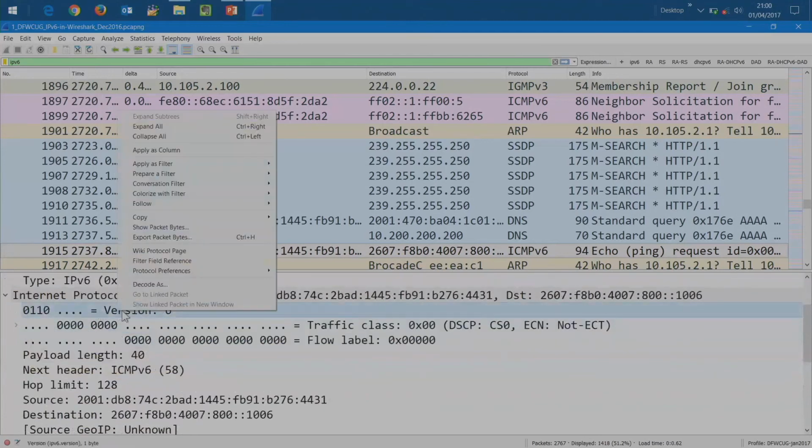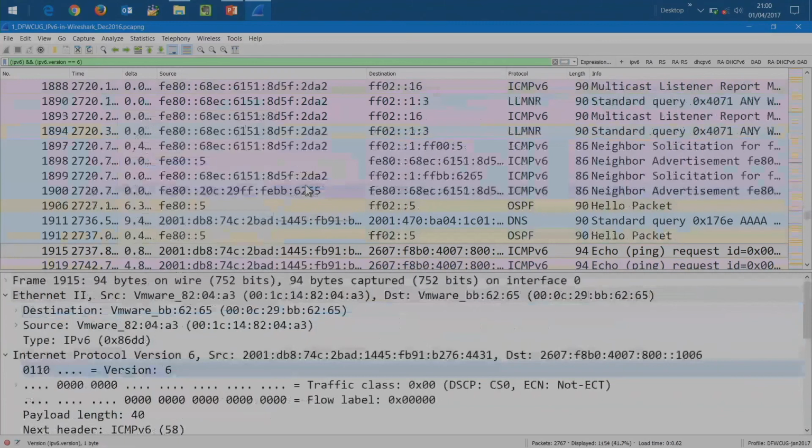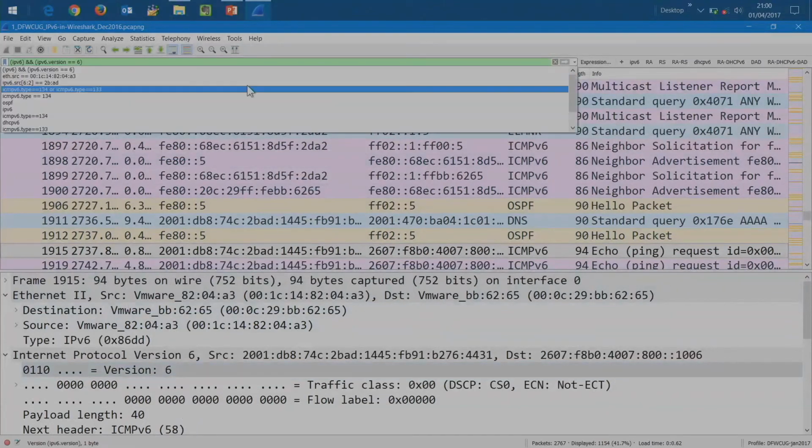I want to look at this MAC and V6 only traffic. Oh, hang on, I did not get that right. Let me back up, go back. Let's build it this way.